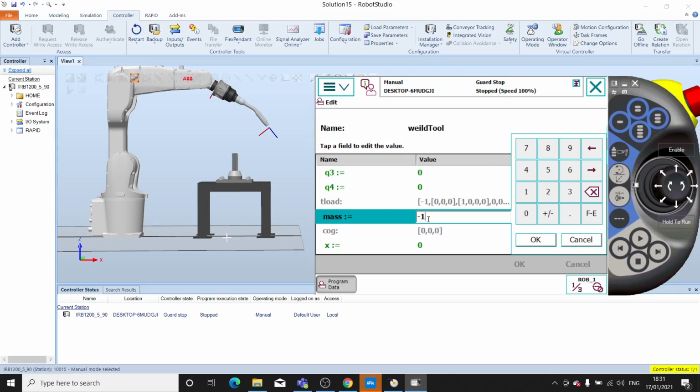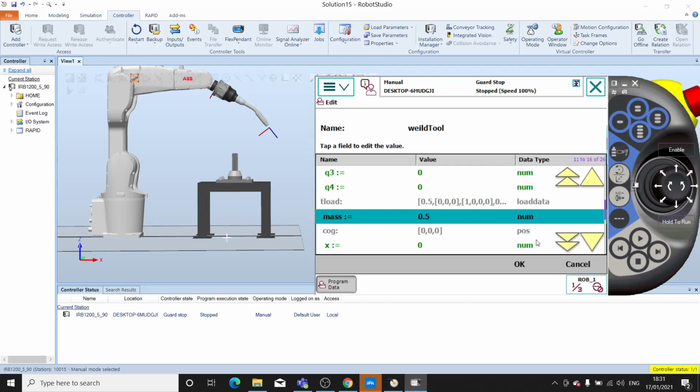So in terms of a gripper, it has to carry some load, so we have to define the mass that we expect our end effector to carry. But this is just a welding tool, so it will not have that much mass, so we will just add 0.5. It should have some positive value, otherwise it will give us some issue. So let's say okay,